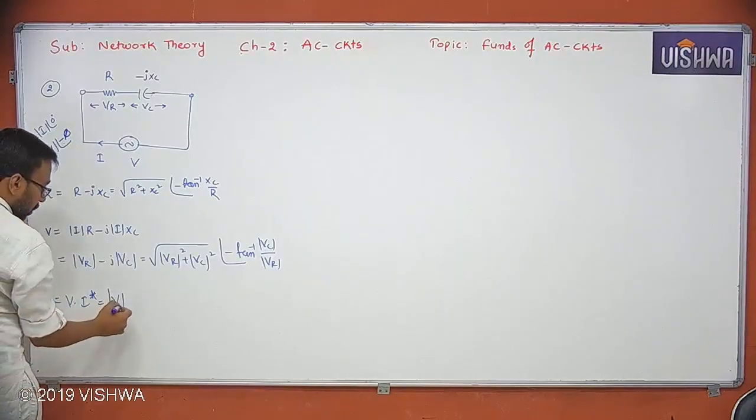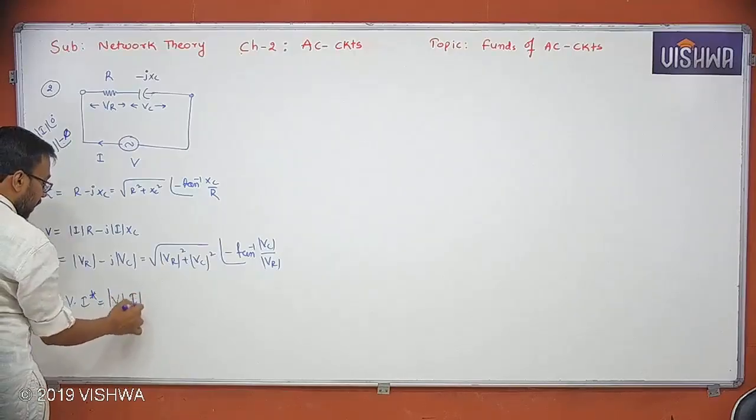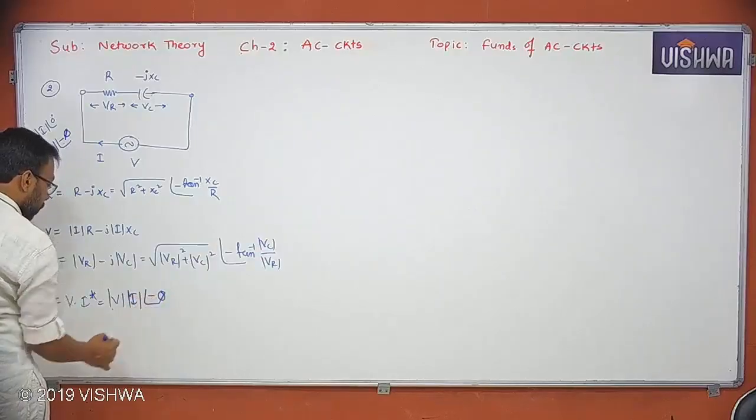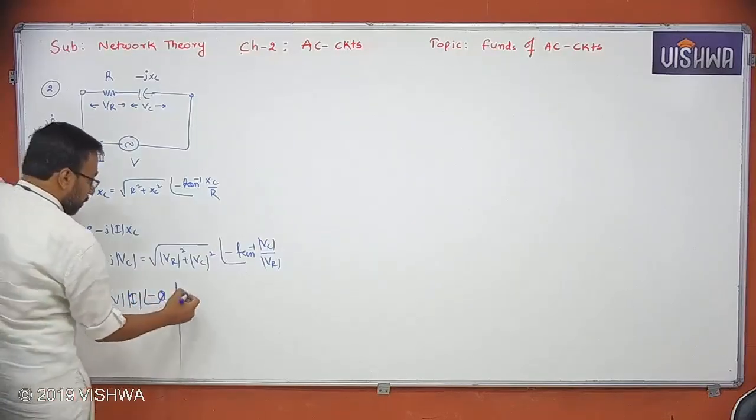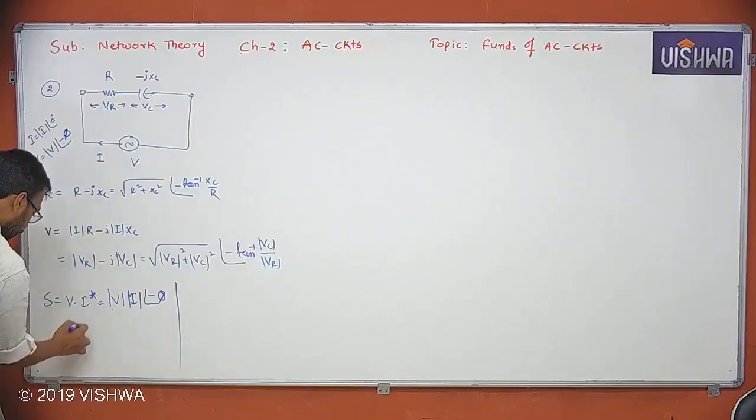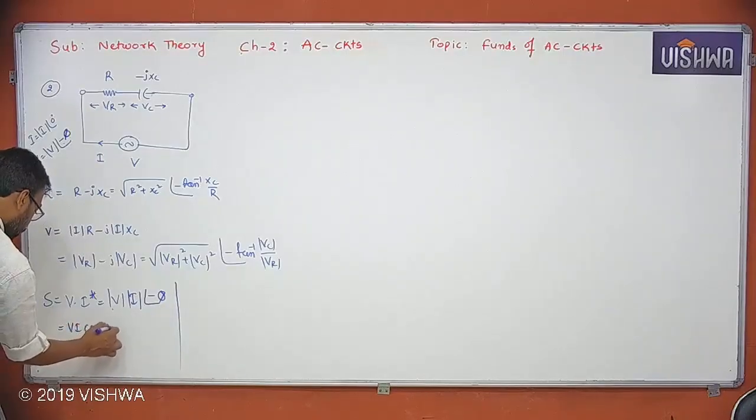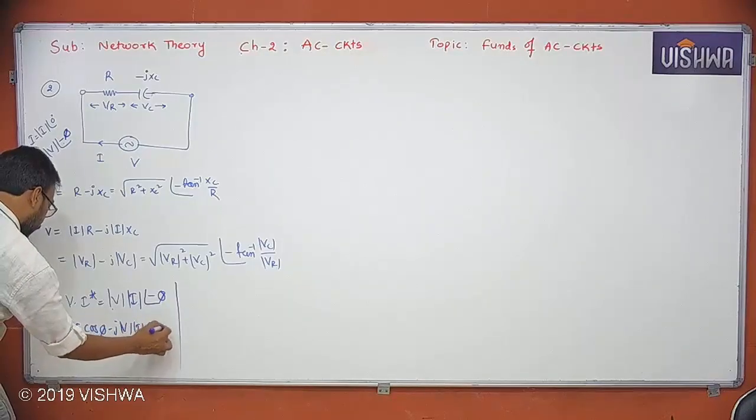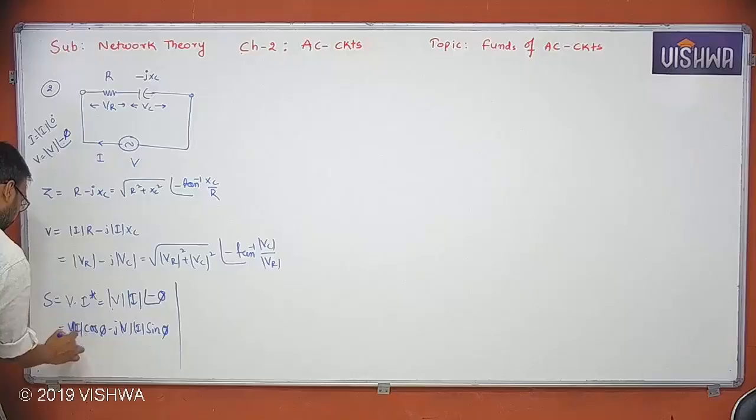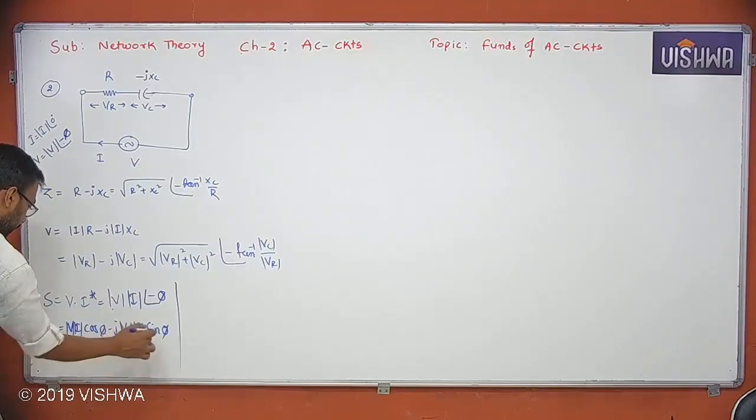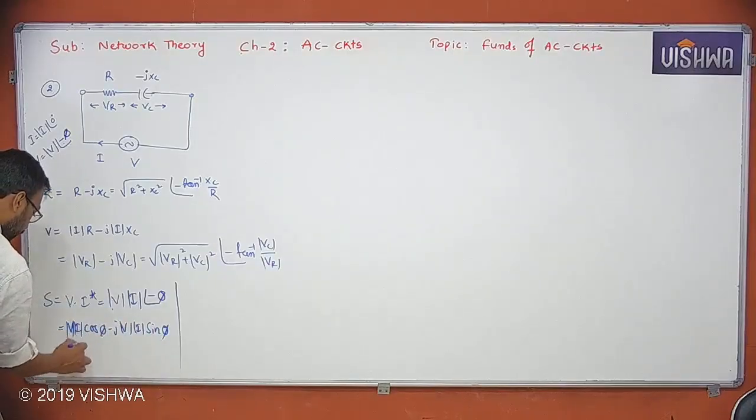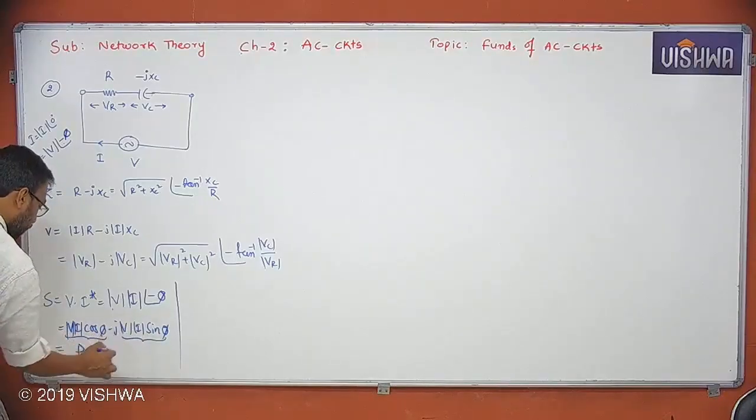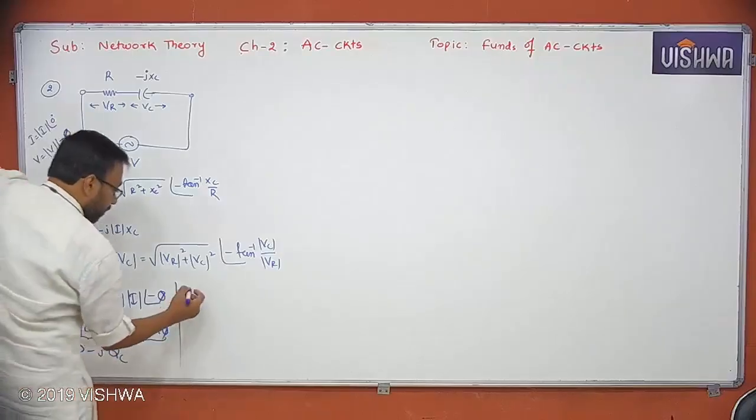Okay, so therefore, V at an angle of minus phi, then I at an angle of 0. Conjugate is also 0. Finally, you get what? Minus phi. So finally, you got here Vi cos phi minus j Vi sin phi. Okay, Vi cos phi minus j Vi sin phi. This is actually P minus j QC, where P is equal to